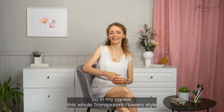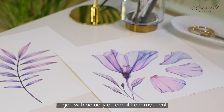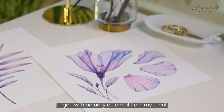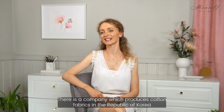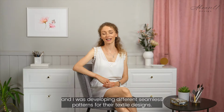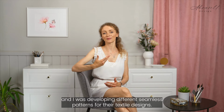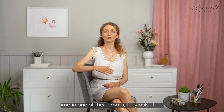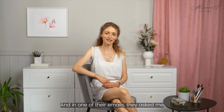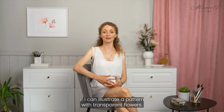In my career, this whole transparent flower style began with an email from my client. There is a company that produces cotton fabrics in the Republic of Korea, and I was developing different seamless patterns for their textile designs. And in one of their emails, they asked me if I could illustrate a pattern with transparent